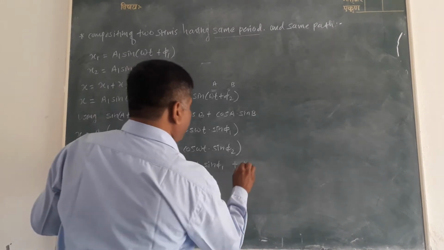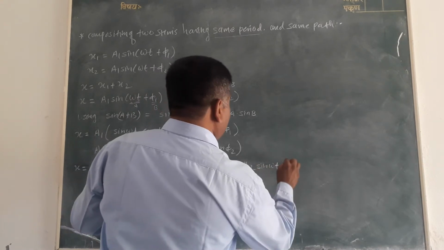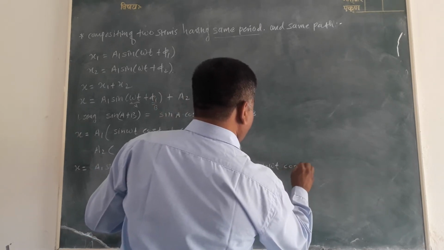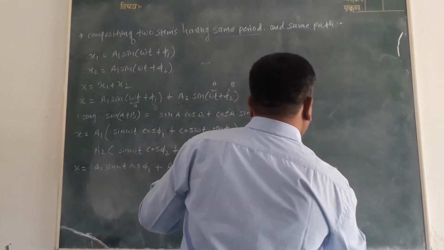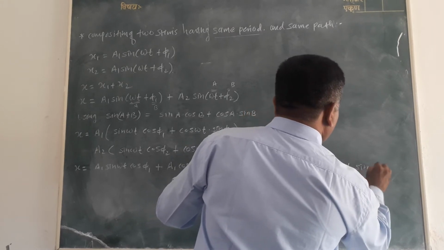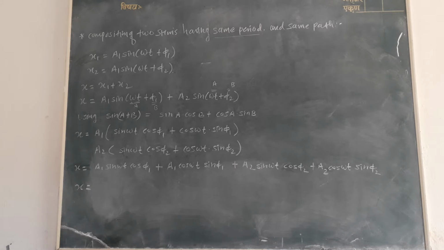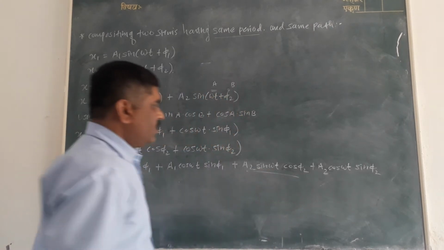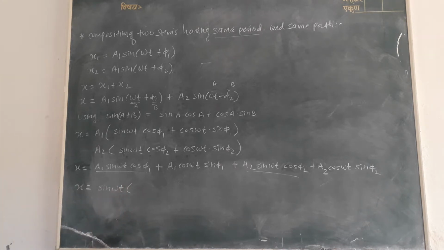plus a2 sin omega t cos phi 2 plus a2 cos omega t sin phi 2. x is equal to, we compare the first term and the third term, then sin omega t is common, therefore sin omega t into bracket